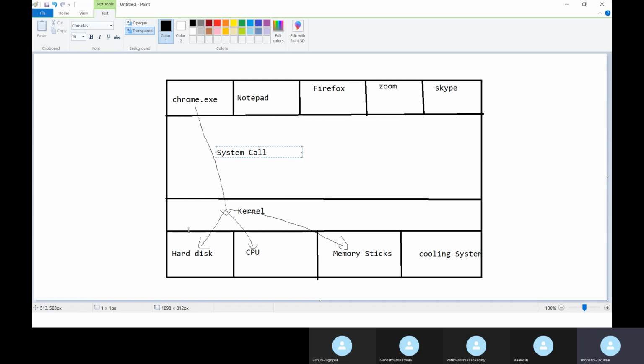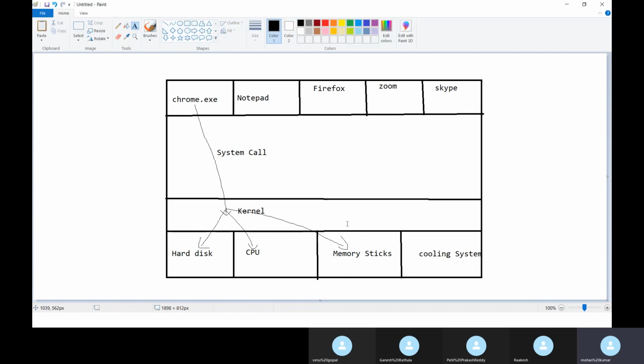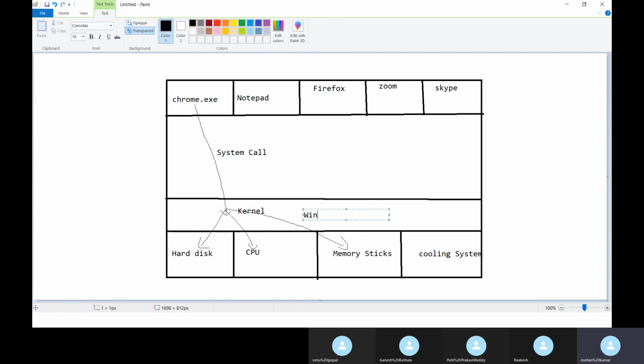That is how it happens. This kernel is nothing but the OS, whether Windows, Mac, or Linux. The kernel is responsible for providing the resources to the processes running on top of that OS.